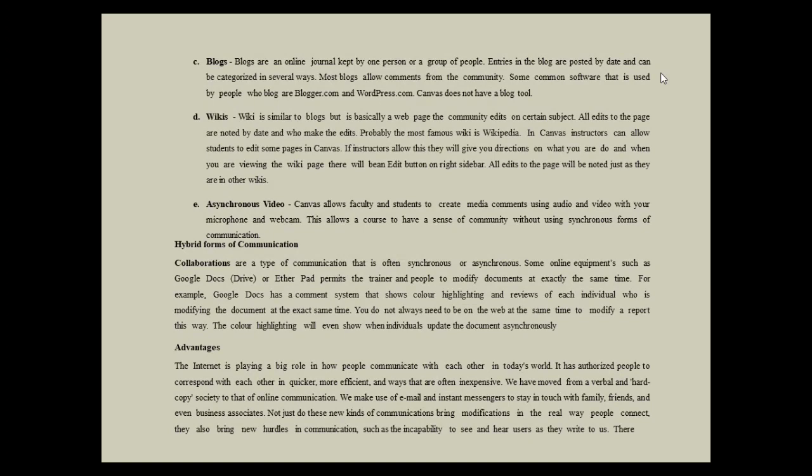Wikis. Wikis are similar to blogs but are basically a web page the community edits on certain subjects. All edits to the page are noted by date and who made the edits. Probably the most famous wiki is Wikipedia. In Canvas,